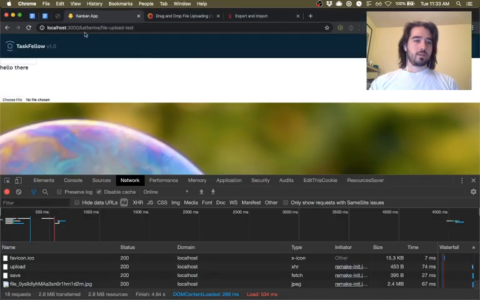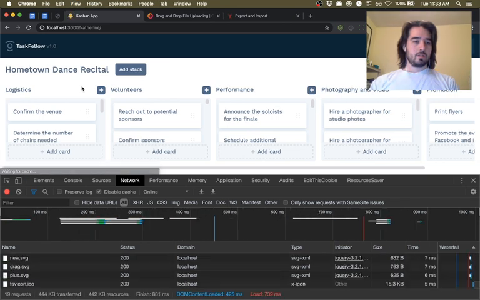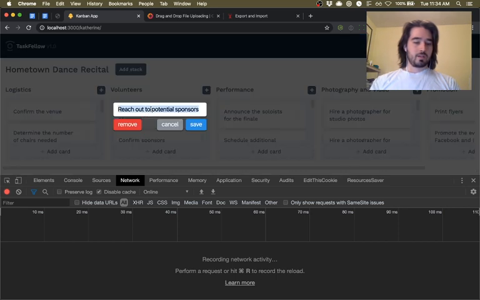So now if we go to our Kanban board and we clear our network requests and we edit something in here,